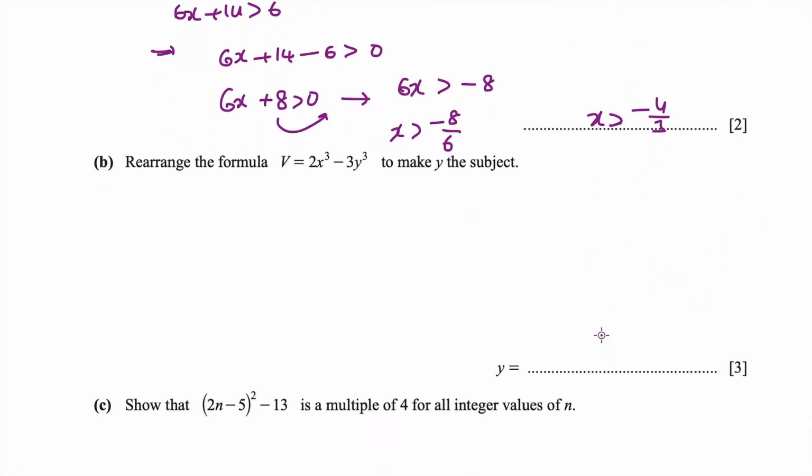Okay, next B. Rearrange the formula to make y the subject. So v is equal to 2x cube minus 3y cube. So what I want is I want to make y the subject. So keep this on this side and take it to the other side. That implies v minus 2x cube is equal to minus 3y cube, and